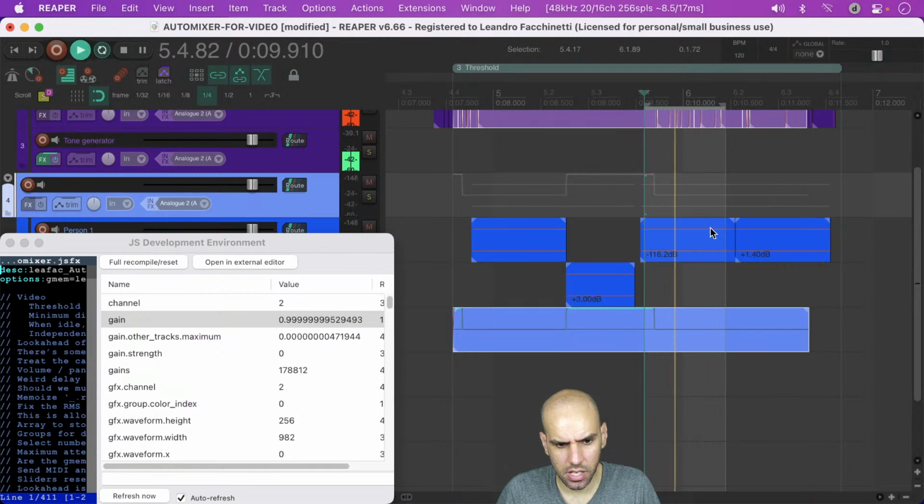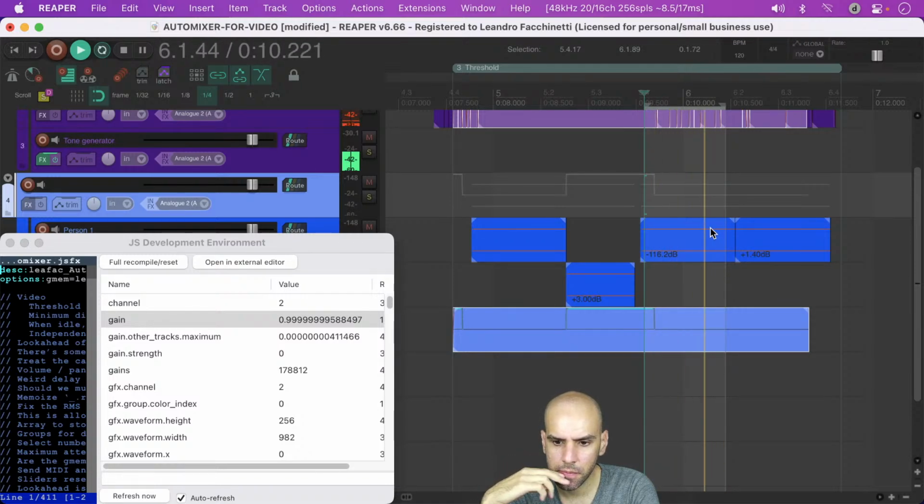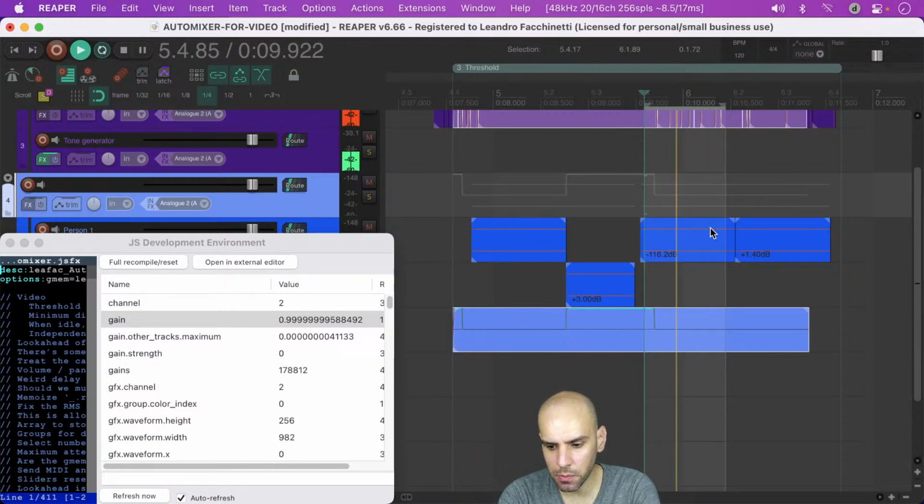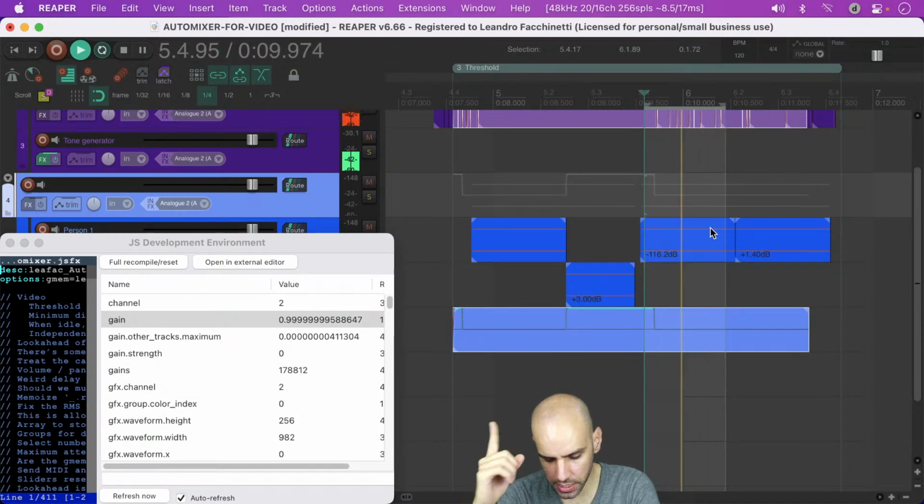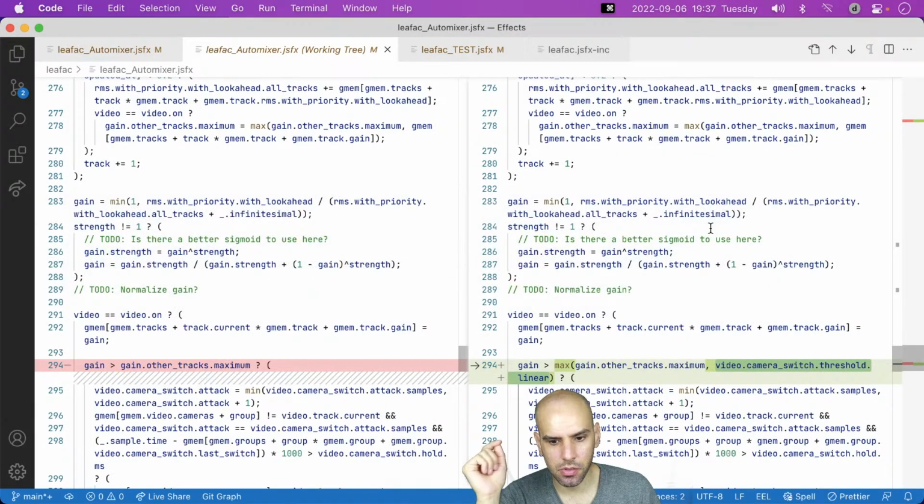It seems like here, that's a large value. Oh, I see why. I'm normalizing the values. That's the problem. Gain is a normalized value. I shouldn't be comparing against gain. I should be comparing against the RMS, which is an absolute value. That's the problem. I'm comparing against the wrong thing.